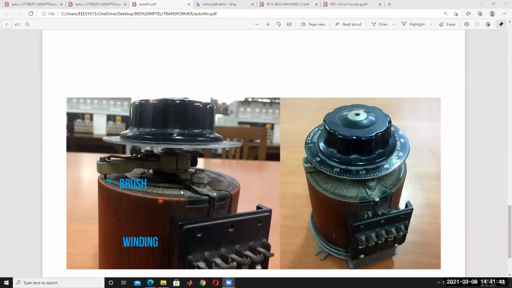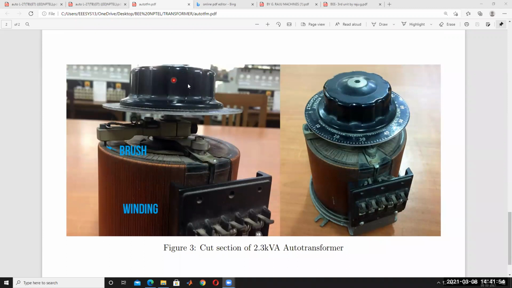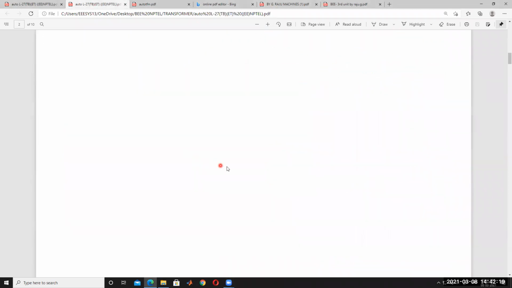So the inside of this transformer is like this. This is called the winding, and this is called the tapping. If you rotate this tap clockwise, the voltage increases. At first only this much of the winding, this much inductance, is considered, and then we increase it. The more winding there is, the more the output voltage increases. For example, this is called an auto transformer.